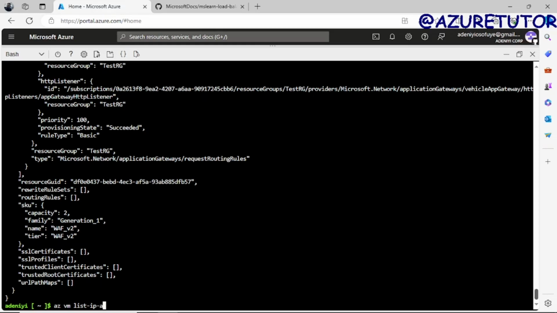List IP address from this resource group RG. So let's name the web server 1. Query. So what we're just looking for is the IP address. So let's say 0 dot virtual machine